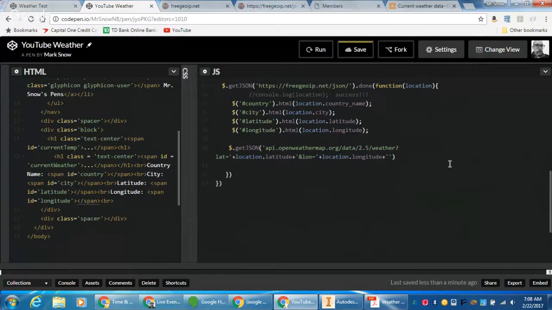So we also have to add in a string, that is an ampersand units equals, and we don't want metric, we want imperial because our starting units we want in Fahrenheit, and then worry about toggling that later. So it's imperial. That means the units are going to be imperial. Okay. And then we have to also feed this